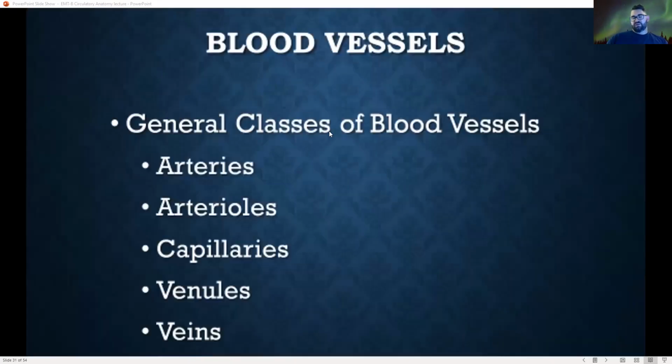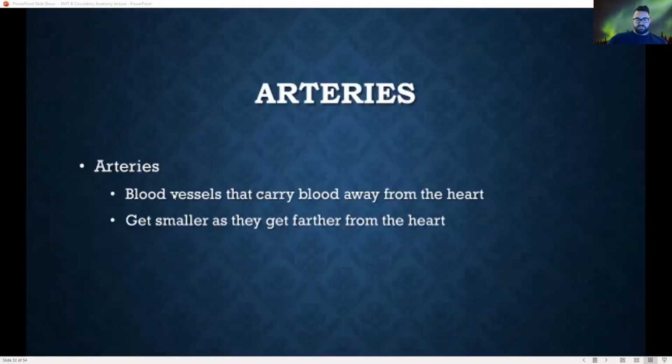All right, so what about the blood vessels? These are the guys that carry blood, right? We've got a couple of classifications here. Arteries, remember arteries carry oxygenated blood. Arterioles are the smaller version of arteries. Capillaries are very, very, very small circulatory system members here. The venules are small veins, and the veins are the ones that carry unoxygenated blood. So arteries